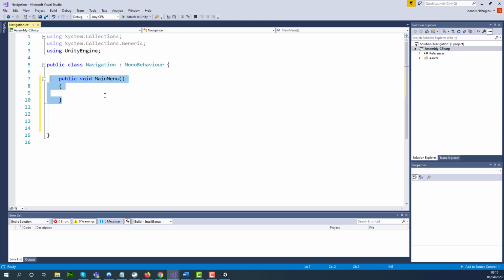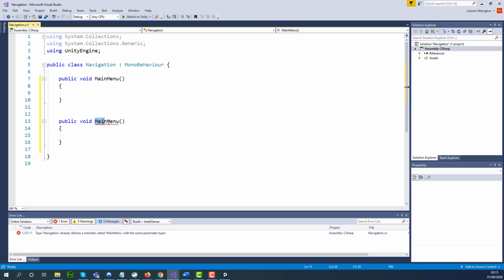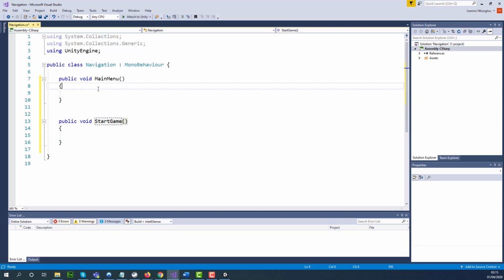I'm going to copy this. Control C to copy, Control V to paste. My second function is going to be start game. Start game. Okay. Now, within the main menu, what I would like to do is basically call